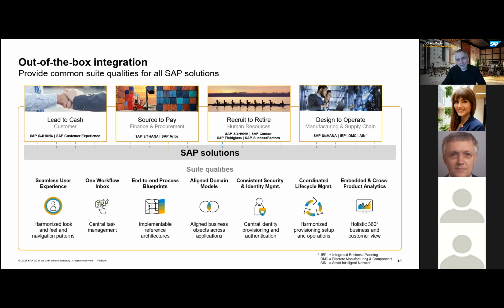And the aligned domain model: essentially we're building a lingua franca for exchanging data between applications, right? Today you have the situation that the data model of each application is slightly different. And that will also, of course, be the case in the future, that every application has its own data model. But to integrate today, we have point-to-point integrations, right? They work quite well, but you do need to set them up, right? If you want, I don't know, SuccessFactors to talk to S/4HANA, this is definitely possible, but you need to